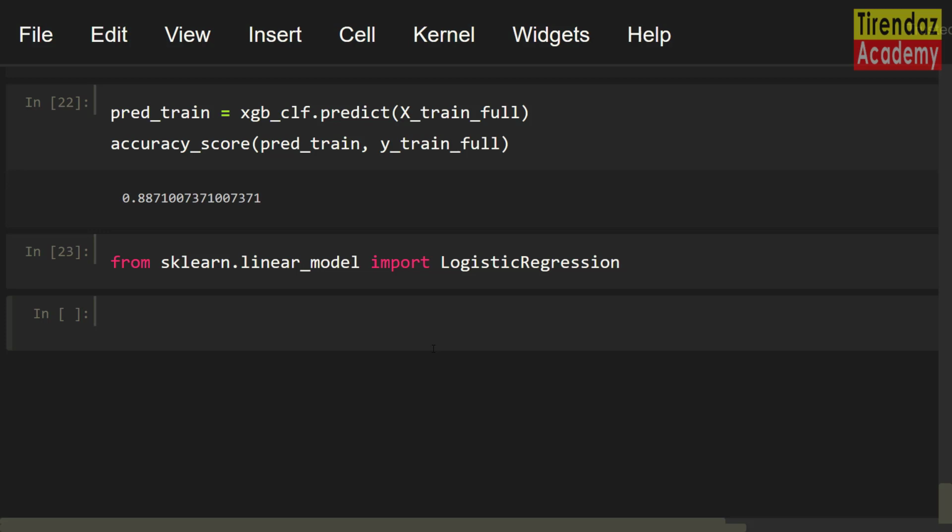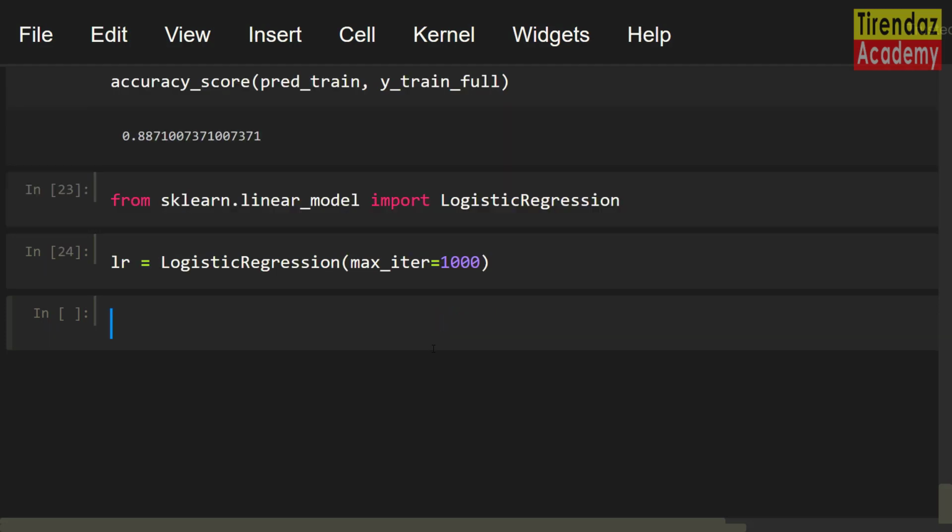After that, I am going to create an object from this class, lr equals LogisticRegression. I am going to use the default values, but I am only going to set the max_iter parameter. The max_iter parameter is used for solvers. Max_iter equals 1000.